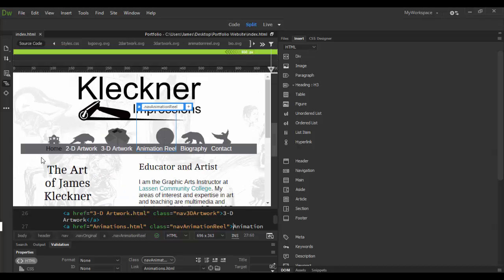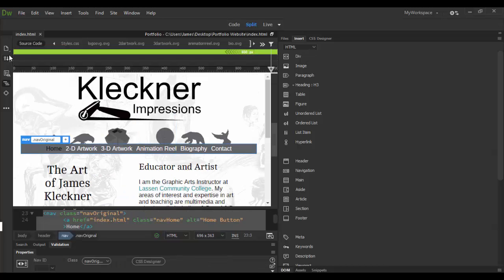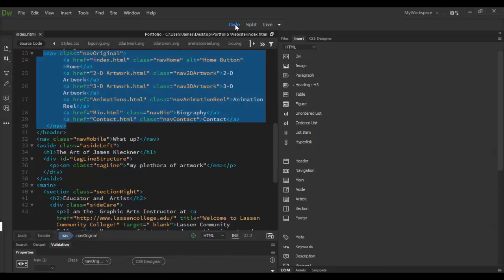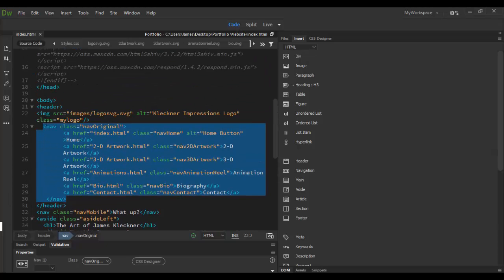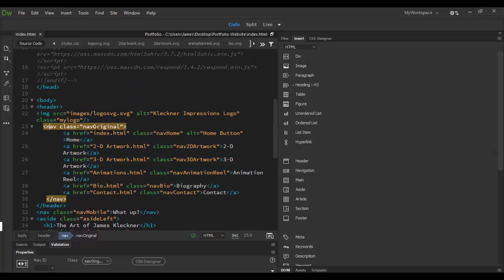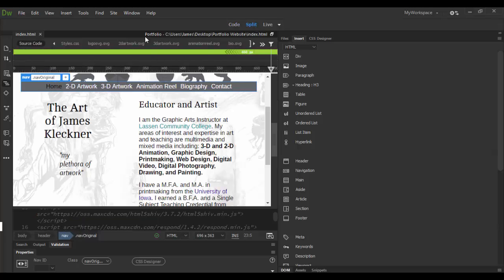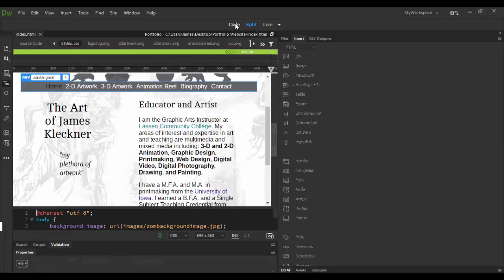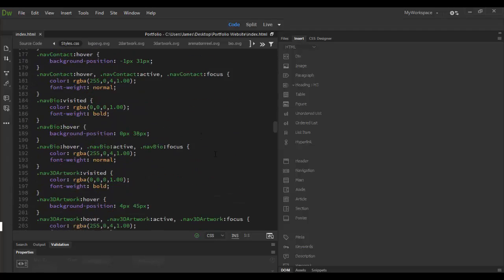to share real quick. If we go to code view, the nav here, what I have done is I've just made it a little more specific. So I called it nav original. I gave it that class. So this, and then in the styles, if we go to the code view, all the way at the bottom